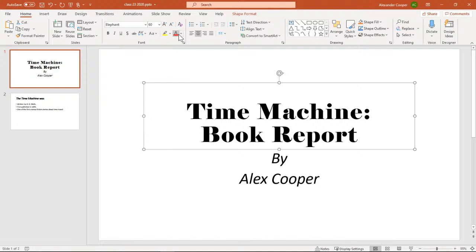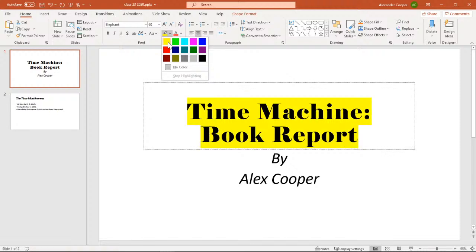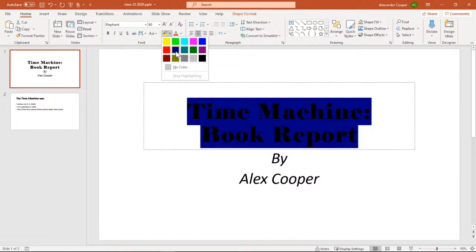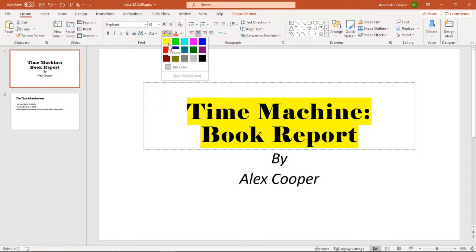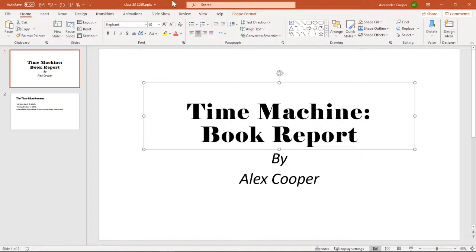All right, so here's the color. This is the highlighter, which just highlights the text. I don't recommend this too much. This is mostly for someone that just wants the classic thing of, I want to highlight stuff. A lot of people view this as making the background color, but as you see, it does not change the background color of the text box. We're going to deal with that in a minute, and we'll be able to change that to whatever we want. A big thing not to do is basically mixing yellow and red together. Someone that is colorblind, it makes it difficult for them to read, okay?